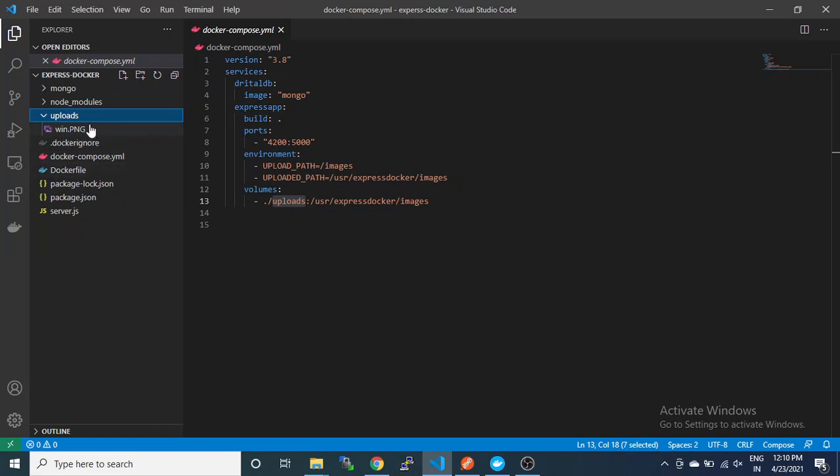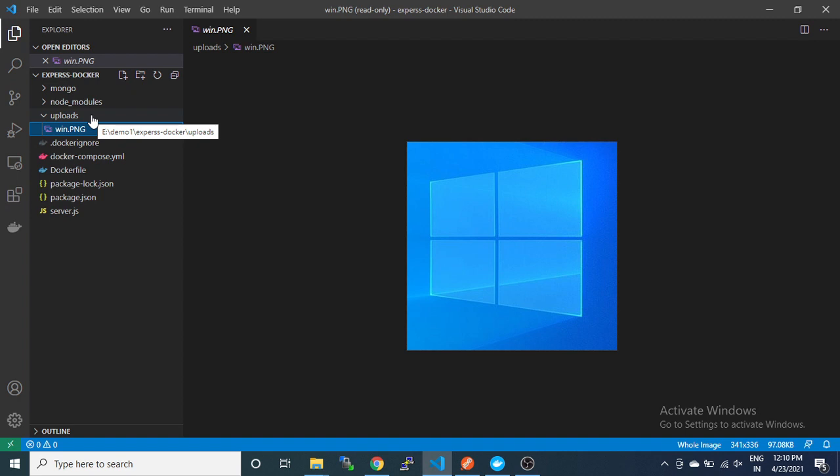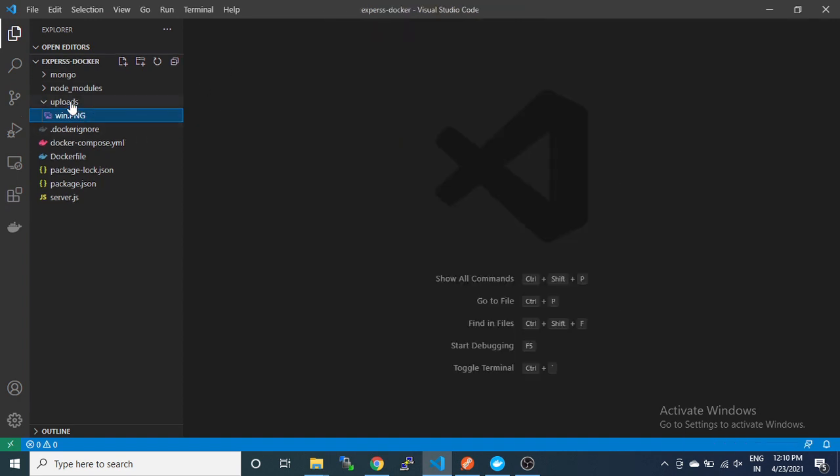Whenever you build the application on Docker again, this uploads folder will not be deleted, and you will not lose any images. It will stay static outside the container, and any time you upload an image, it will save here. So the next build will not impact your uploads folder. You will retain your images whenever you build new images of containers.